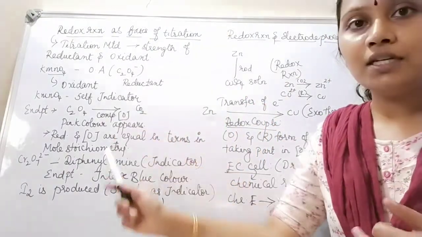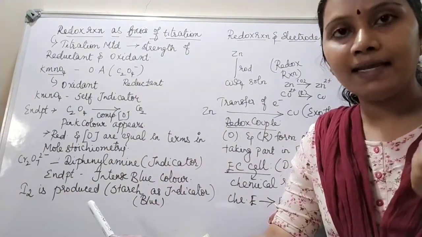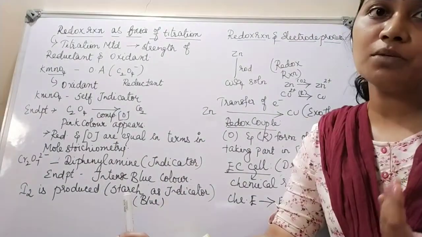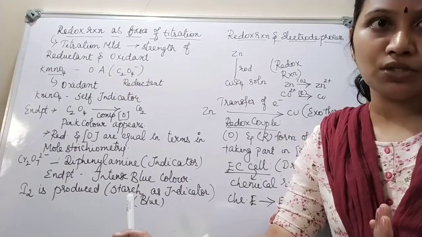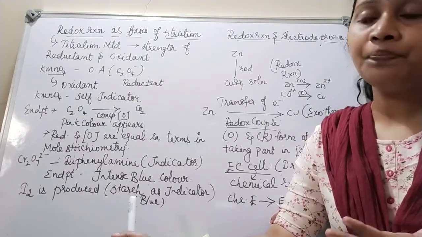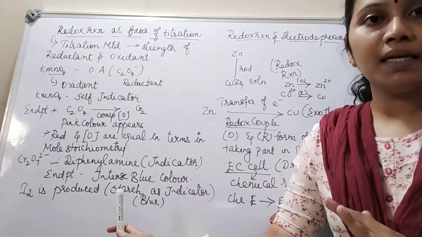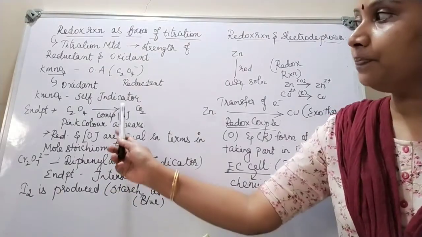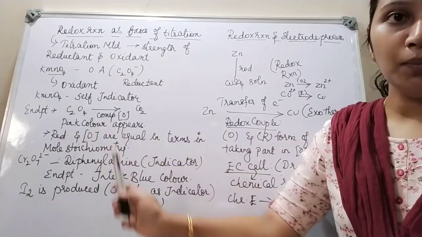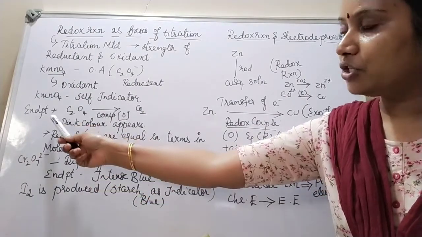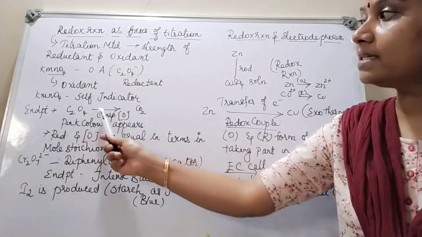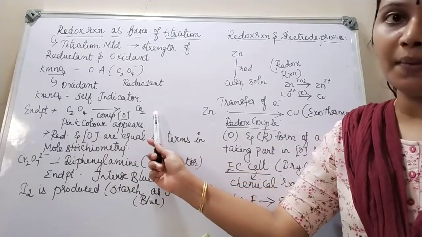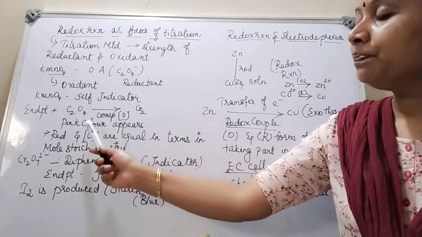Here there is no need to add an external indicator, because potassium permanganate itself is a colored solution, pink or purple color solution. So potassium permanganate acts as a self-indicator. No need to add any external indicator. Now, how will I know the end point? The end point of titration is where your oxalate is completely oxidized to carbon dioxide and the pink color appears